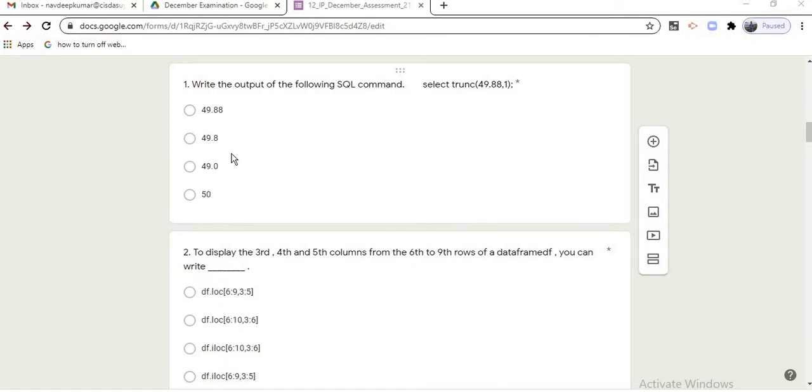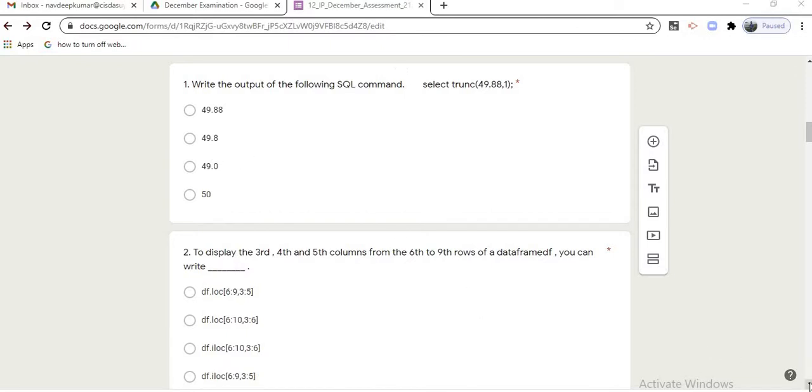As you can see, here the 4 options are there and we have to truncate to 1 decimal point. So after the decimal place we need 1 digit. Only these 2 options, B and C, have just 1 digit after the decimal. Clear? And after this, the extra digit is removed, so you will get this type of number, because in truncate only the number is truncated and you get the answer as it is.